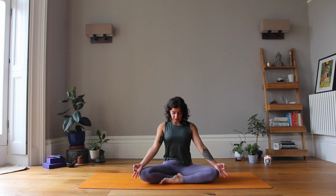Really try to extend out the arms, roll the shoulders down the body. And then we're just going to drop our chin to our chest, close down the eyes for a second. We're just going to hold here for about 8 breaths, listening to the pattern of the breathing, seeing if there are any physiological sensations that the body is telling you about, any changes